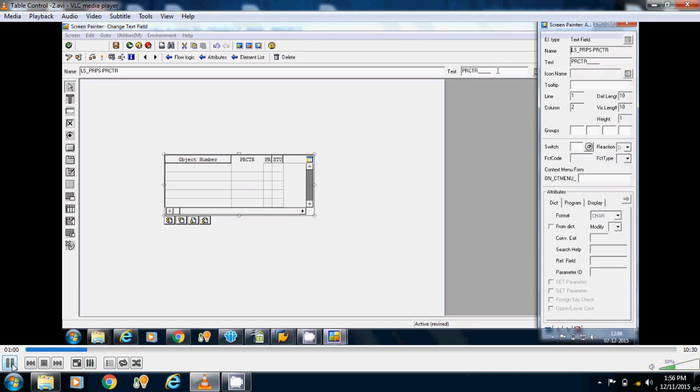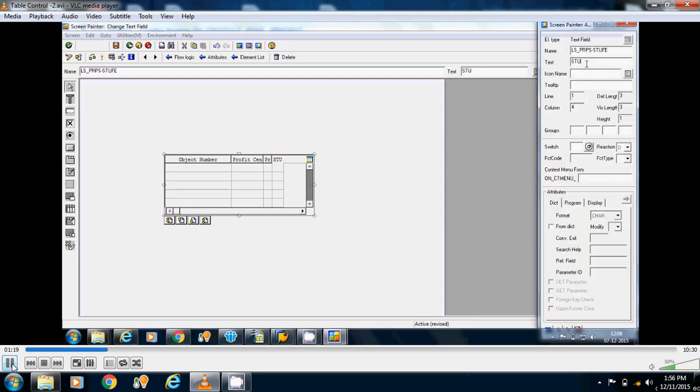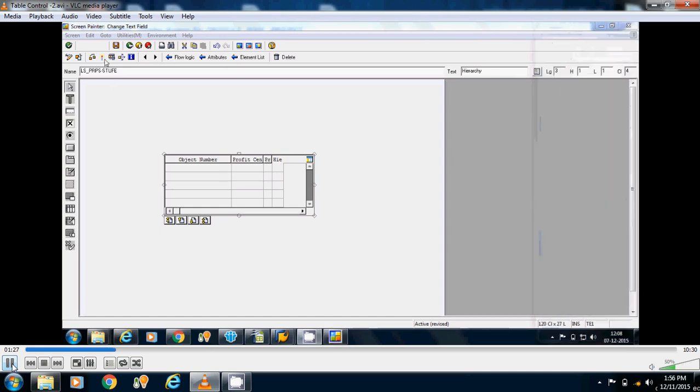PRCTR stands for profit center. PRART stands for project type. STUFE, suppose, hierarchy. So I have given the titles to the particular columns. Now I will activate this.